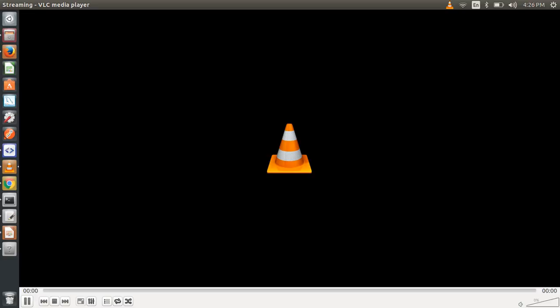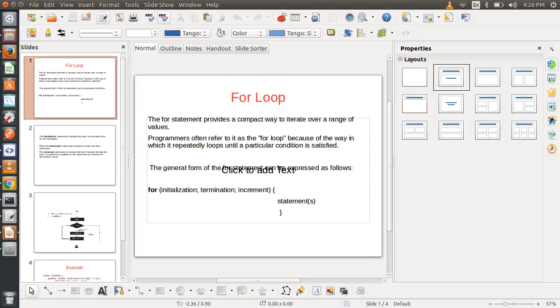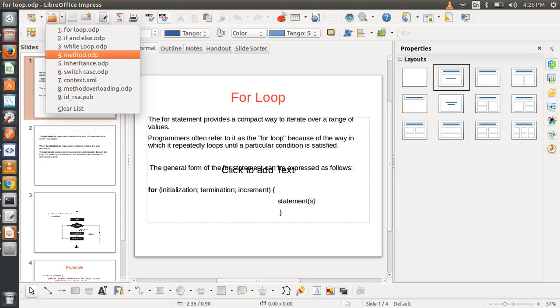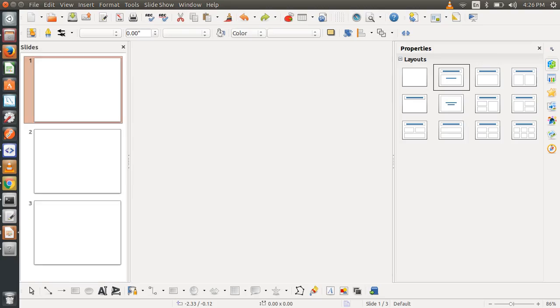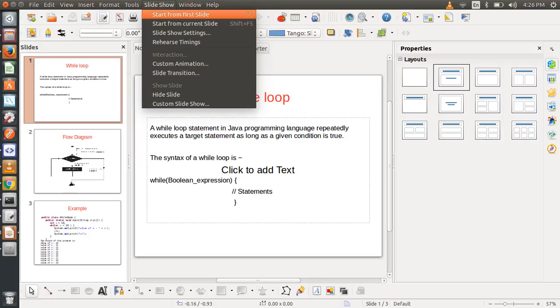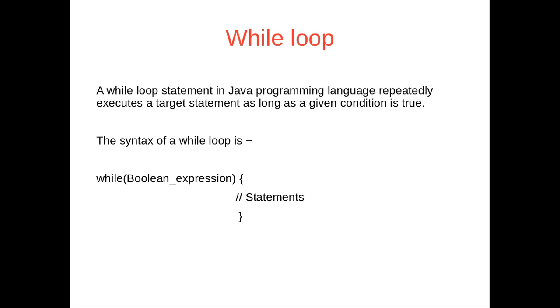In this tutorial, I am discussing the while loop. A while loop statement in Java programming language repeatedly executes a target statement as long as a given condition is true.